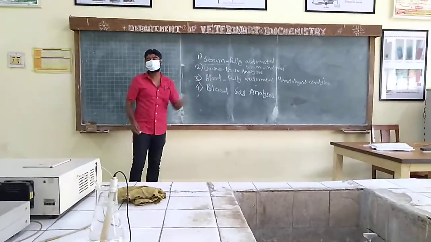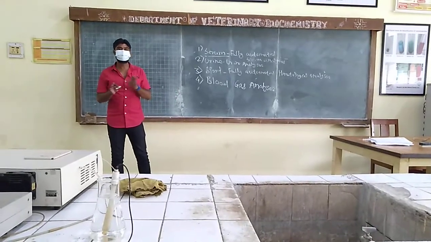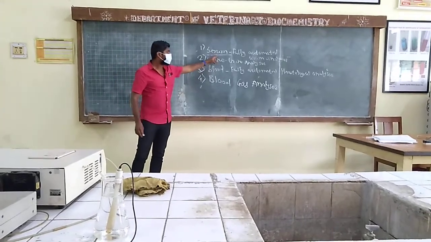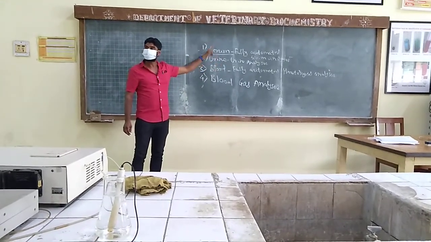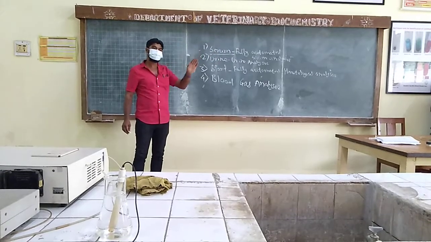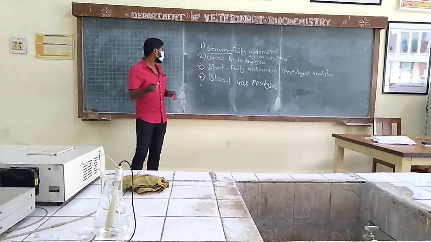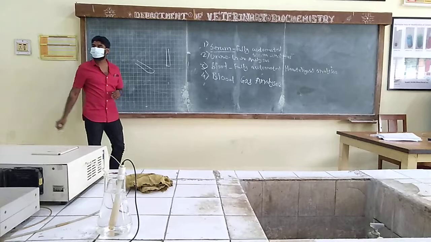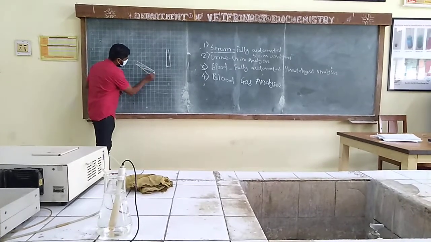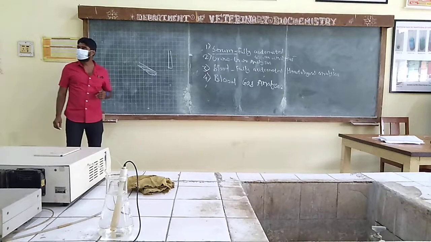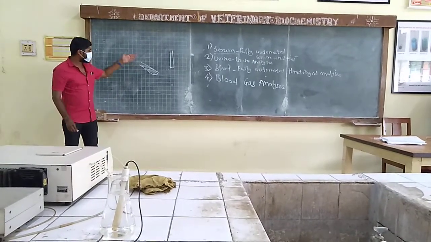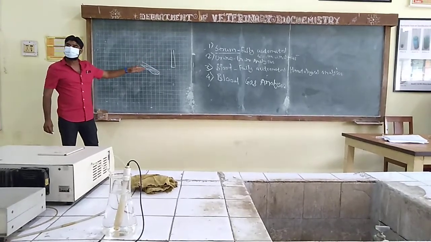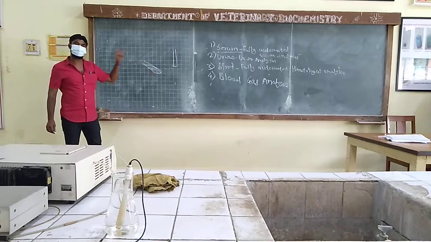Then, as sir told you, either you can use the clot activator or simply allow it to clot naturally. 40-45 minutes are sufficient. Another thing is, it clots more quickly in summer season. The higher the temperature, the more easily the clot will be activated. Then another thing, if I keep it like this and if I keep it like this, there is a huge difference. We want to give our blood more surface area. Remember this one small thing also, because I came to know this from my practical experience. As compared to this, serum will always separate quicker in the slanting position and the yield will be slightly more.